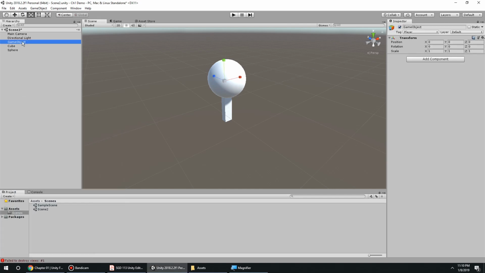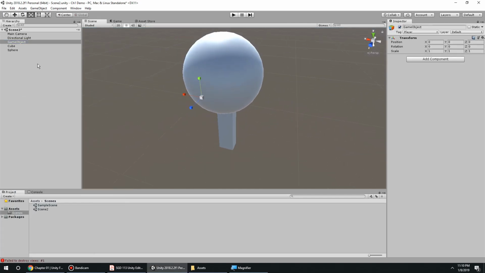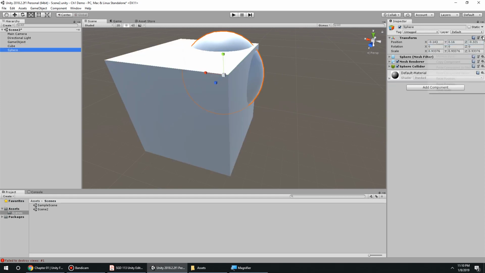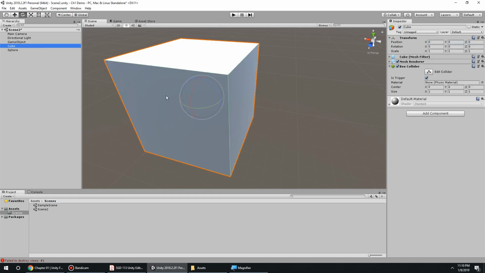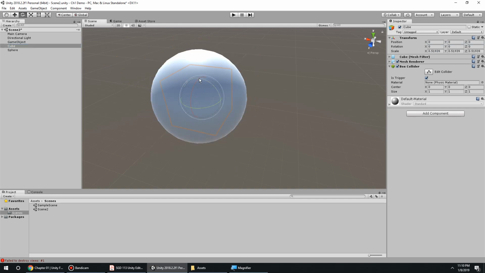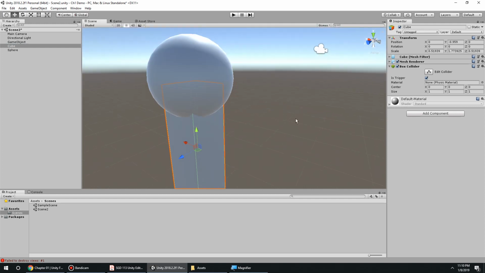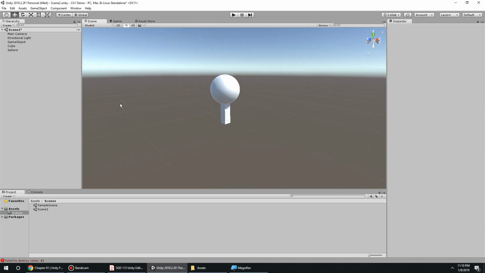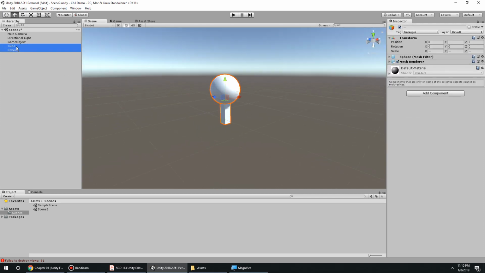So my empty game object is located at the center of my screen here. I'm going to do that for all this. Oh, that messed up my transforms. So transforms are a funny thing sometimes. But never fear, I know how to use this program pretty good. I can rebuild it real quick. All right, that's not a lollipop anymore. There we go. And then what I can do is I can take my sphere and cube, highlight them both,